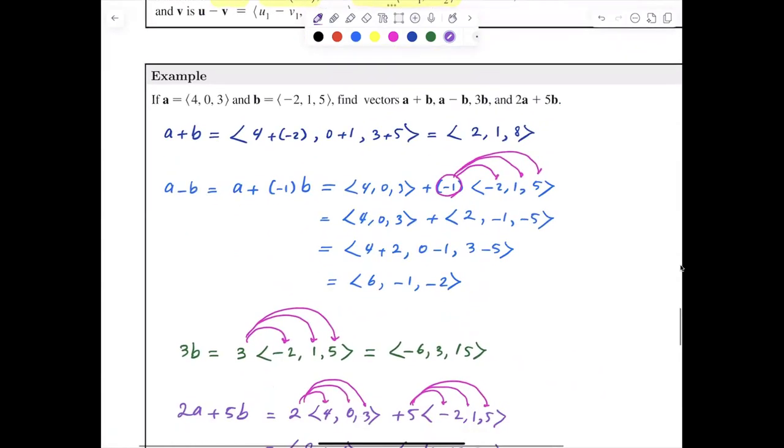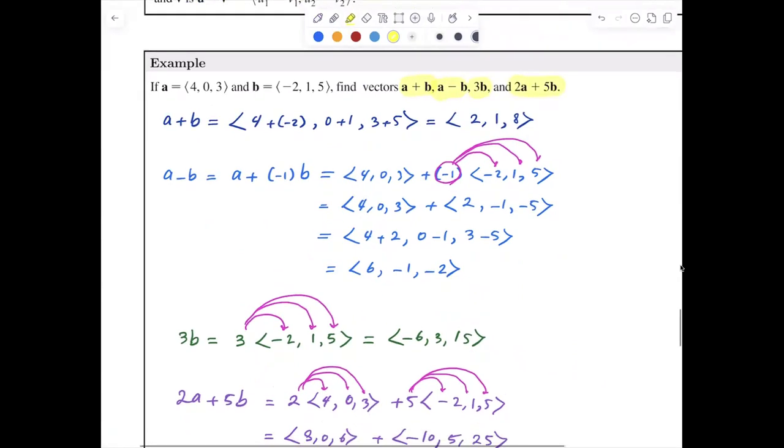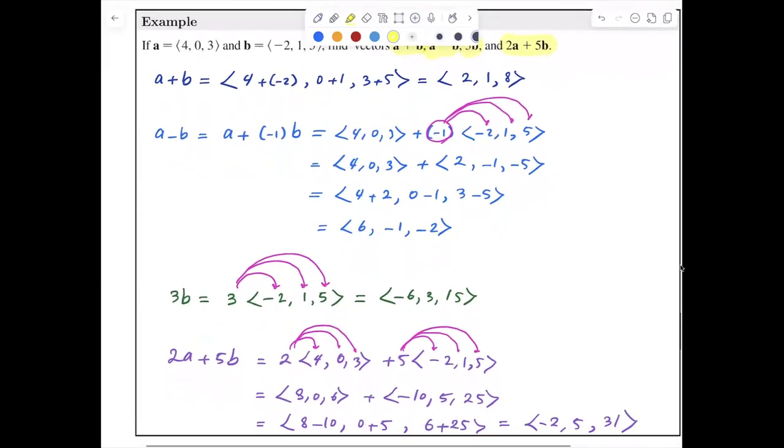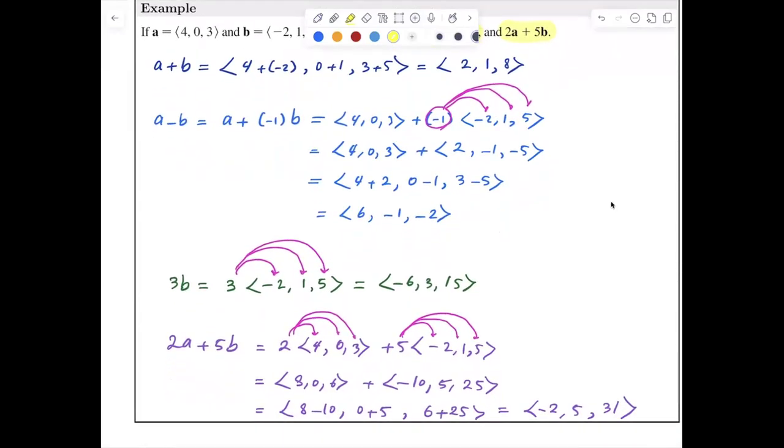Different operations: addition, subtraction, scalar multiplication, and addition between scalar multiplications. You can visualize these as well. It's a good practice to take a look at your 3D website and visualize